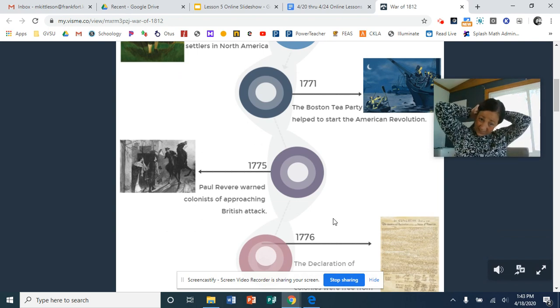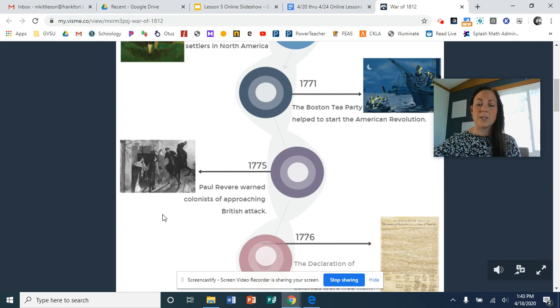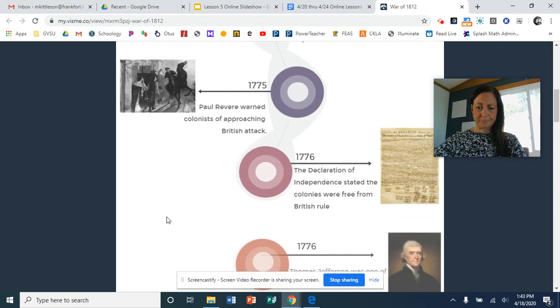And then in 1775, this picture shows Paul Revere, who is warning the colonists of approaching British attack. So after the Boston Tea Party and a few other things happened, our relationship with Great Britain was a little bit taxed. We were having a hard time. We weren't getting along necessarily the way that we had hoped to. So Paul Revere warns of British attack. And then